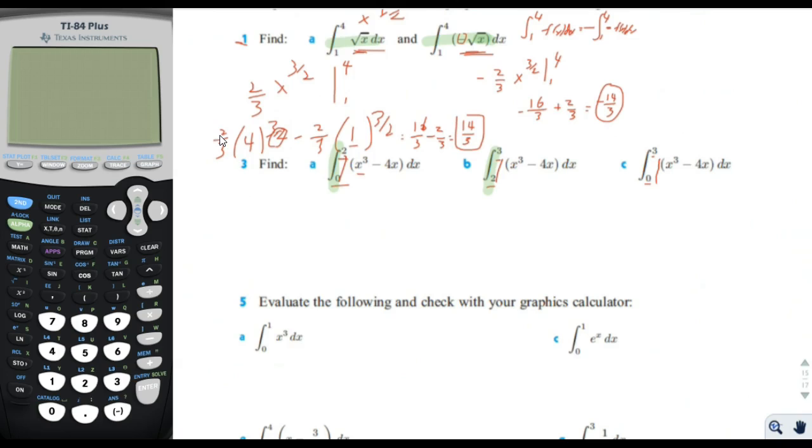First of all, the integral of x cubed minus 4x is, that's an easy one, right? It's x to the 4th over 4 minus x squared over 2 times 4. So if we simplify that, it'll be x to the 4th over 4 minus 2x squared. And then, for the first one, we're going to evaluate it from 2 to 0. We will get